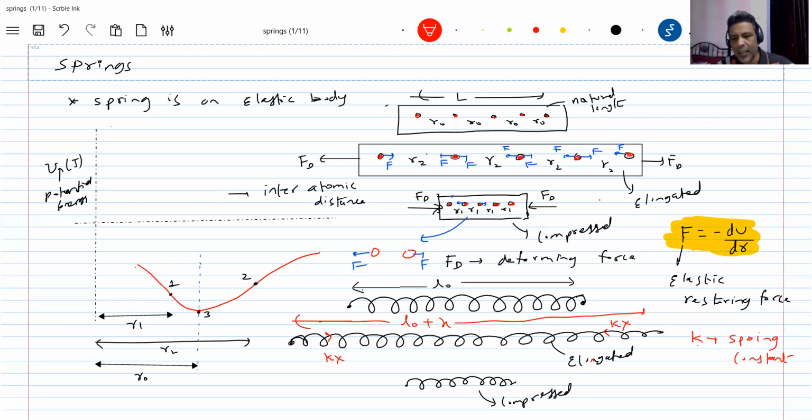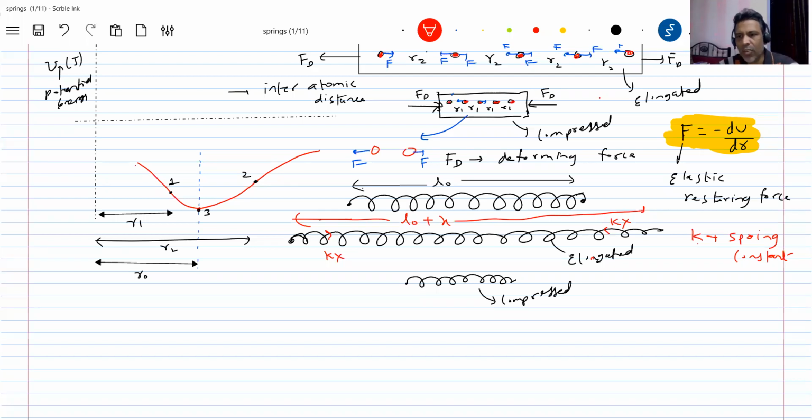Where K is, I'll give a name for that. It's called the spring constant. What does it depend on? The spring constant of a spring depends upon Young's modulus, the area of cross section of the wire, and the natural length L naught. So what is Y? Y is called Young's modulus, or elastic constant. For the time being, better you call it the elastic constant. Different materials will have different elastic constants. A is the area of cross section. Area of cross section of what? Of the material of the wire. Suppose, when you make it.